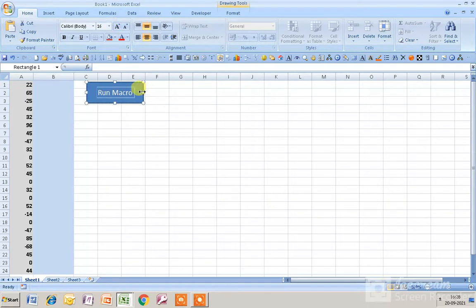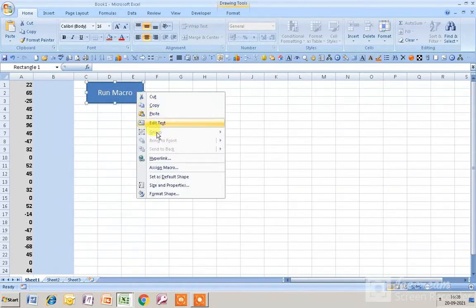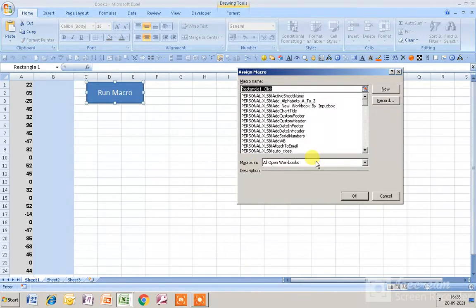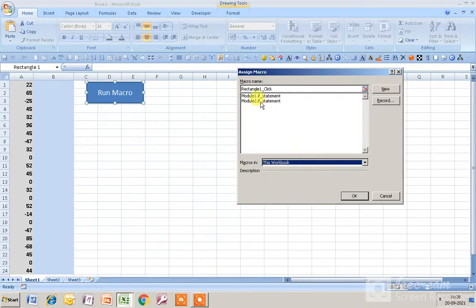Then I will right click on it and assign macro. I will go to this workbook and the if statement, that is module 2 that I have just created now.